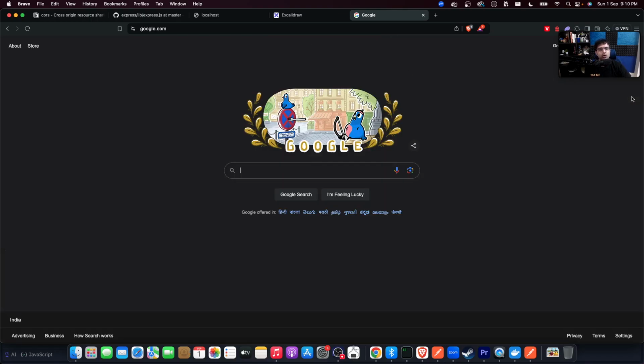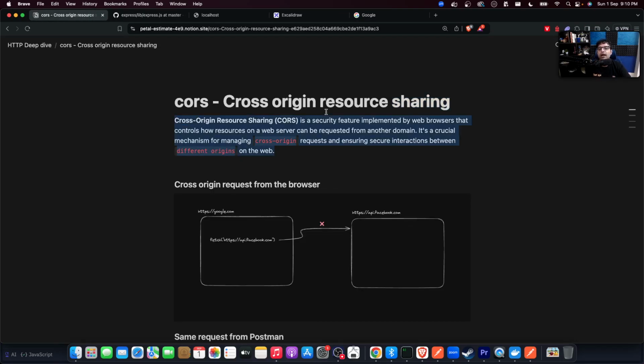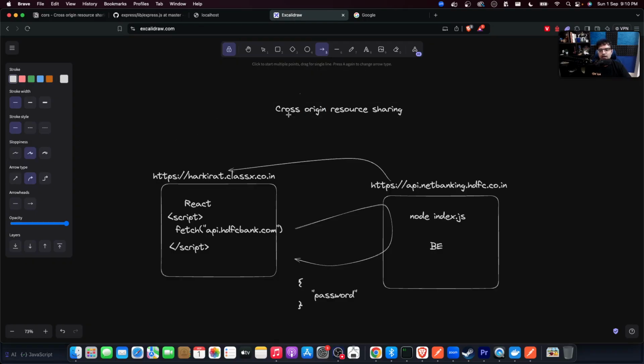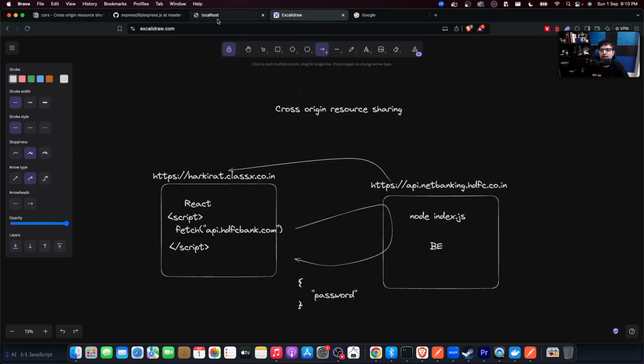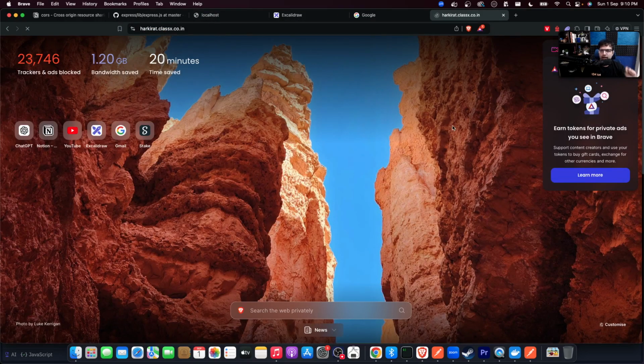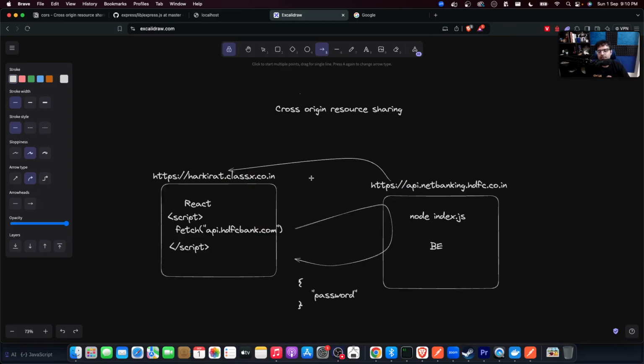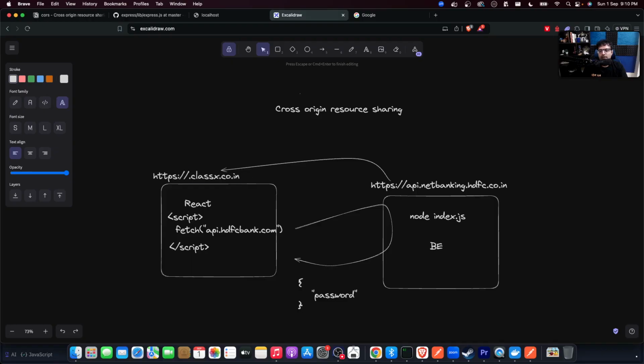So should cross origin resource sharing be allowed by default? The answer is no. If I come to harkirat.classics.co.in and in the background the sneaky developer has a request to api.facebook.com or hdfcbank.com, should this be allowed? No. These people should be blocking this request by default. But as you saw, here it was allowed. If I went to harkirat.classics.co.in, there was an underlying request going to harkiratAPI.classx.co.in. Even when I go to net banking, if I go to hdfcbank.com, this should be allowed to hit